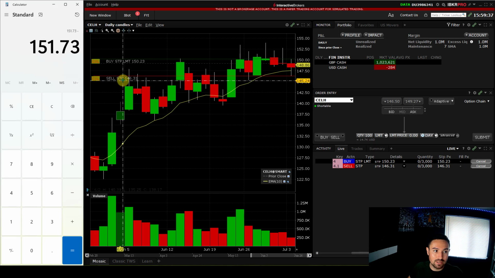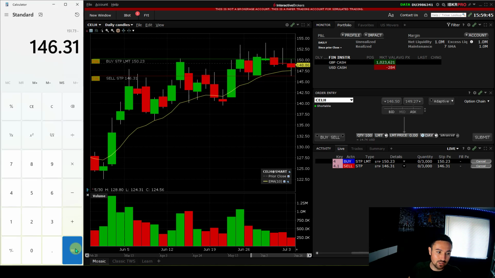So let me go minus my sell stop here of 146.31. This is exactly what we're doing on TradingView. It just takes a little bit longer doing it like this using the calculator. I'm not that quick at math, so I can't do it all in my head. So $5.42 is the risk that we're going to have per share if we get filled at the upper end of our limit. Now that's very important to me because then I want to know where is my sell limit going